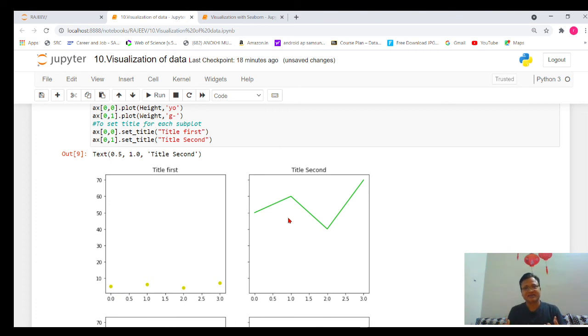In real life, the data we get is a huge amount of data, and we need to learn how to visualize it and how to interpret it. That part I will cover in the next section. To understand that, please go through this lecture thoroughly.